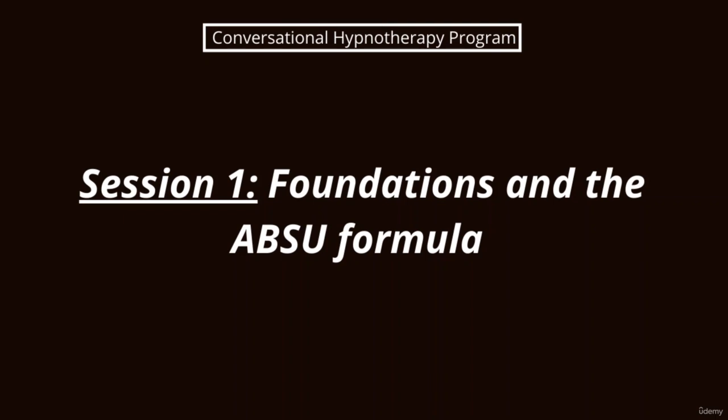We have the ABSU formula. So let me recap. The ABSU formula is what all hypnosis must conform to. Look at this as the hypnotic equation. We have the attention. We need to have conscious and unconscious attention at all times. We need to bypass the conscious mind. This is what our techniques do. They bypass the conscious mind. We then have to stimulate the unconscious mind to produce unconscious moments. This lets us know that our client is in trance and we have the attention of the unconscious mind.